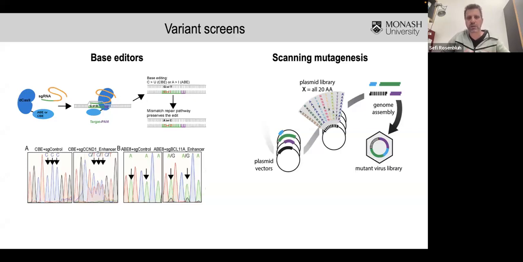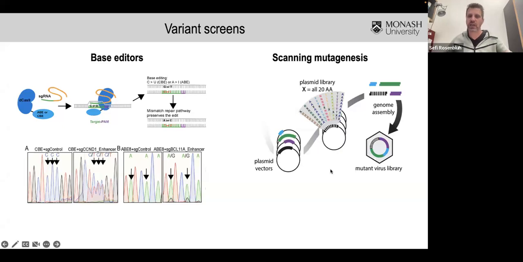The advantage is that you could tile across a complete gene, including introns and exons, and you could look at the endogenous region, what happens when you edit that gene. Here's an example of a few edits, where we could get nice editing of these regions. The second method that we have is called scanning mutagenesis. Here we create a library of plasmids or ORFs that overexpress a particular gene of interest. We introduce every possible amino acid variant in every location in the gene, and then create a virus and measure the phenotype.